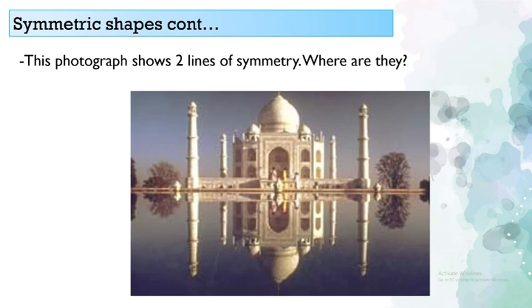By looking at this picture, can you identify two lines of symmetry? Where are the two lines? Can you identify? The Taj Mahal is reflected on the water. So, the first line we can say is here, and the second one is